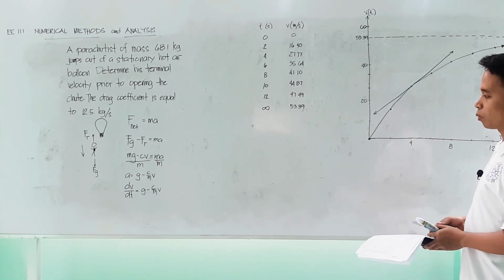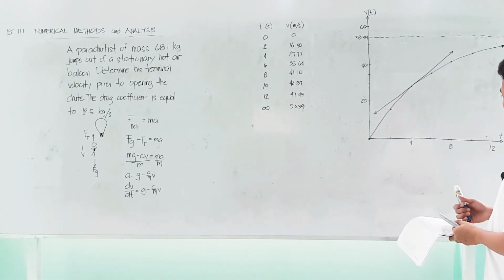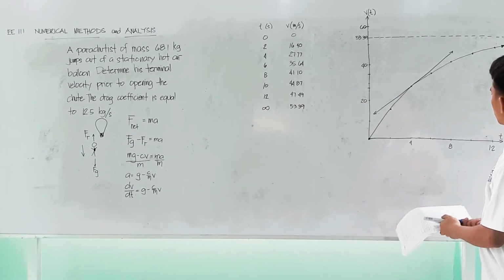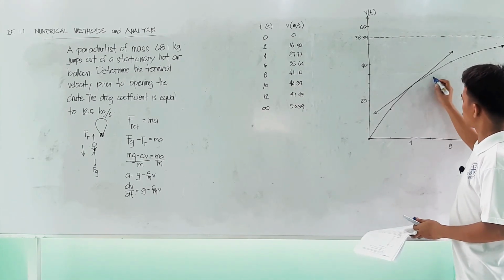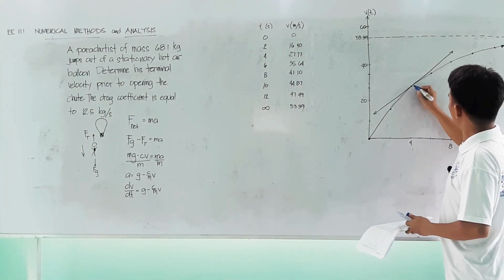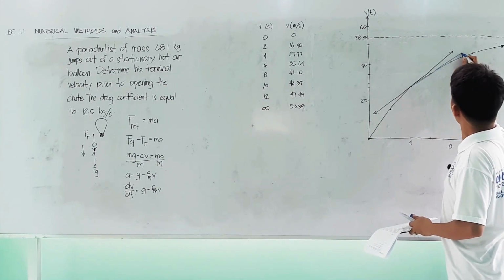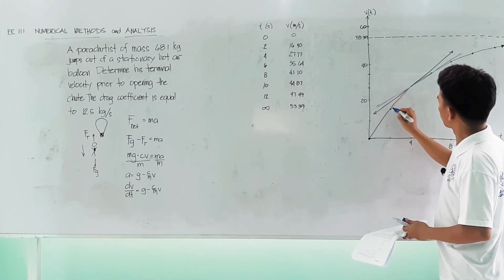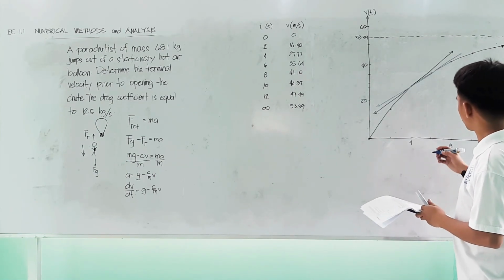Or that is, how do we approximate the derivative of our function? Well, we can have this point and this point, connect these two, and that would be